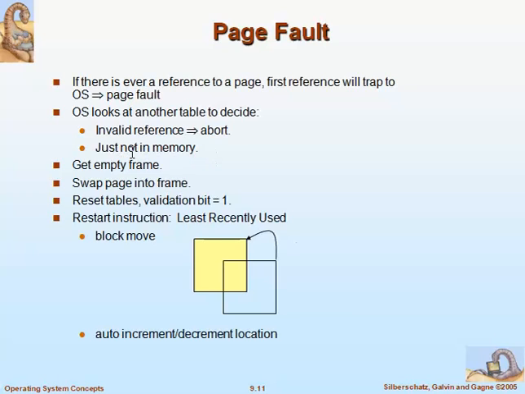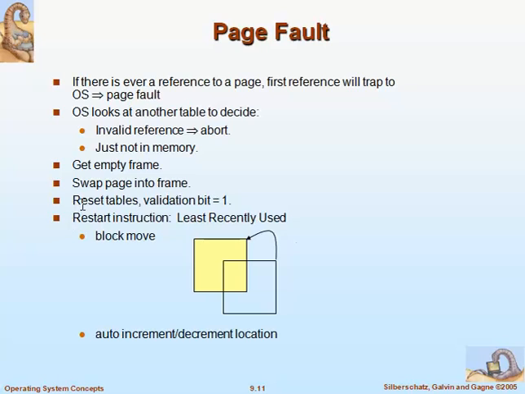If it is the second scenario, that is, that particular page is not available in the main memory, what will the operating system do? It will get an empty frame. So it will have a free frame list data structure, in which we will have the list of all the frames which are free. It will get an empty frame and swap the page into the frame. So it will get the particular page from the secondary memory and swap it into that particular frame.